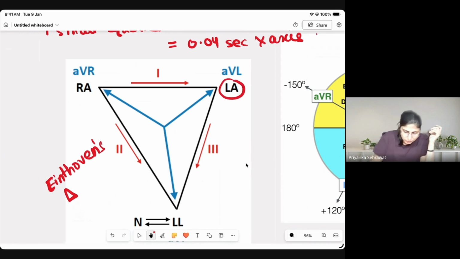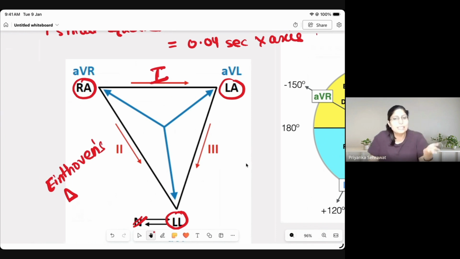So, left arm, right arm, left leg. This one is electroneutral. इसको हटा देते हैं, इसको भूल जाते हैं. तो हमारे पास 3 limb leads हैं. Now, the electropotential difference between the 2 arms is known as lead 1, measured as lead 1 on our ECG paper, right? The right arm, left leg is 2. So, you just go anti-clockwise, 1, 2 and 3.